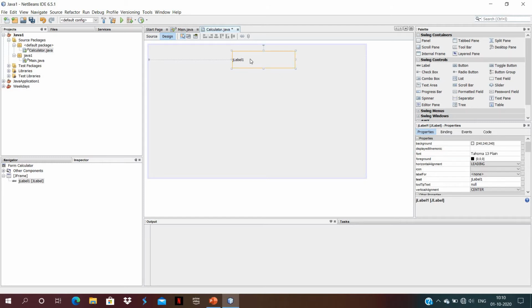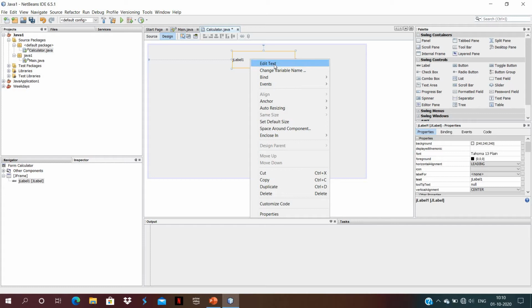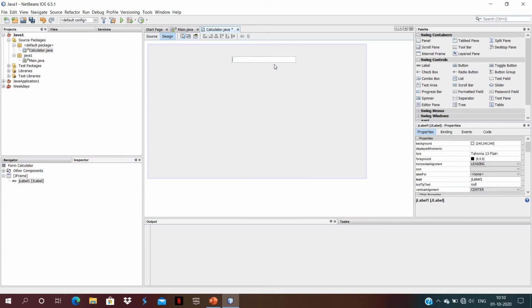Okay, so right click in the box, edit text, delete the default text and give the heading. For example, I am giving here Java learning. Okay, now you want to change the property of your text and box. You just go to the property window and there is an option font. You simply click on three dots.